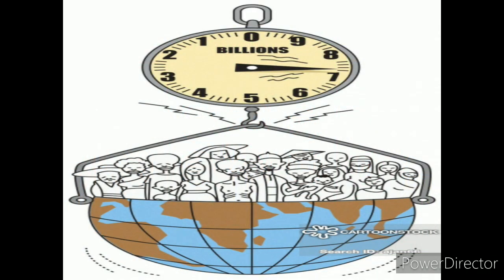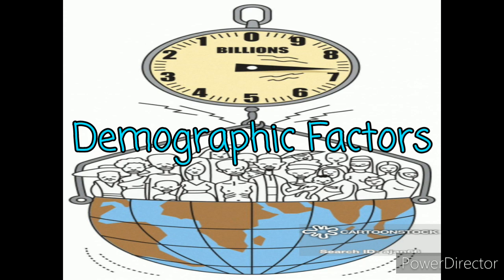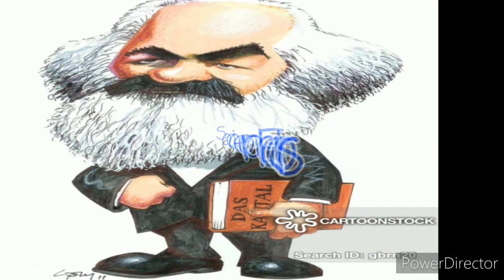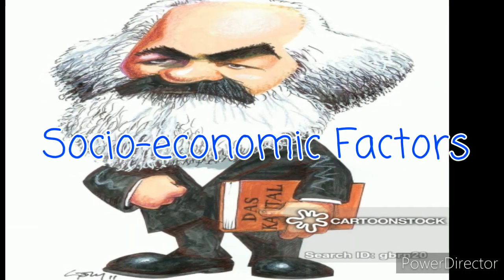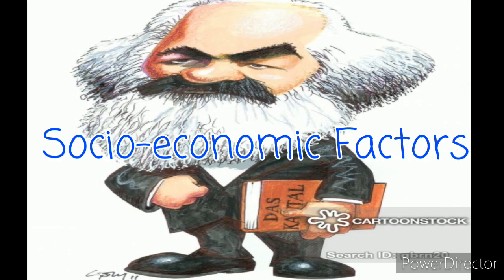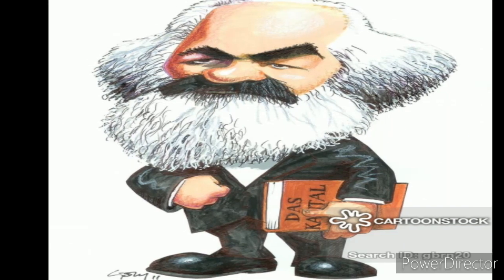The demographic factors always influence the process and nature of social change. As social conditions deteriorate, the size of families shrinks, and it affects social relations. The economic factors constitute an important factor of social change. Marx said that the entire social structure of a country is determined by economic factors.